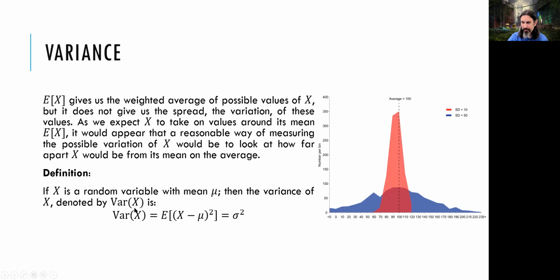So the variance is defined as sigma square, or as the expectation of the square of x minus mu. Mu is your mean or expected value for x. These two values, mu and sigma, are going to be used a lot. Mu is your expected value for x, sigma is your standard deviation, sigma square is your variance. All right.